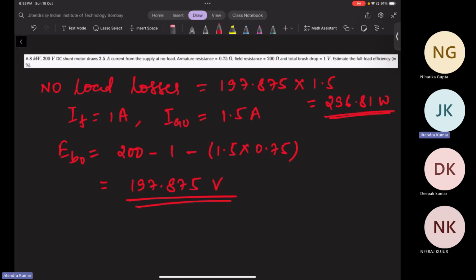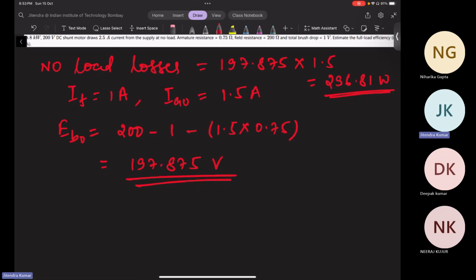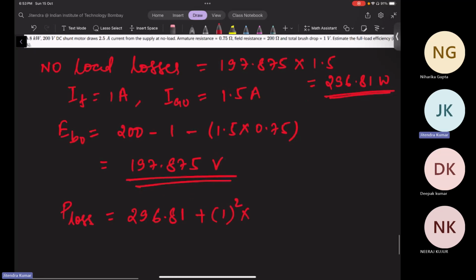Now, the next part is we have to find out the efficiency at full load. So again, to find out the full load, we have to make the same process to make a quadratic equation, right? P losses is equal to no load losses, that is 296.81, plus field loss will be I_f square into field resistance, which is 200,